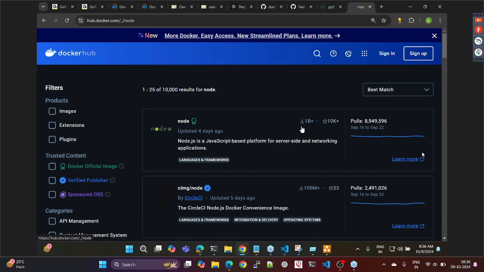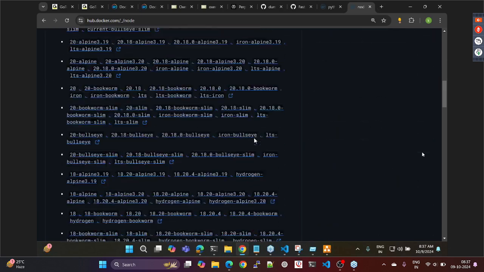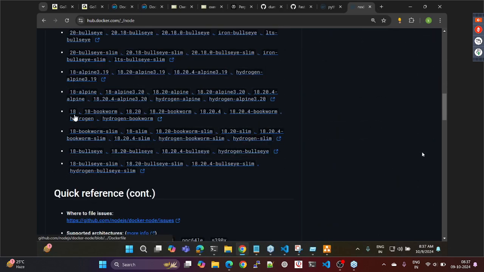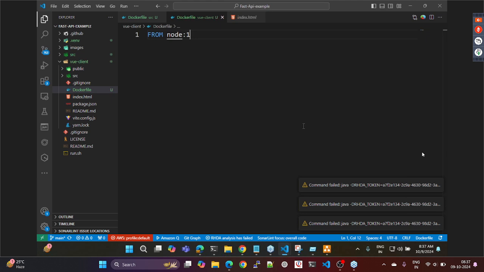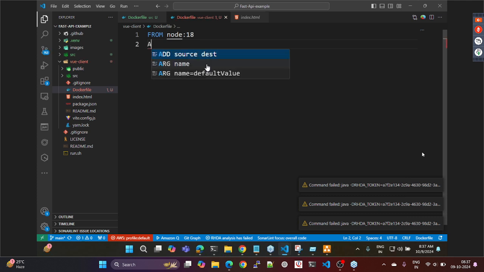Searching Node. In this node, you'll have different versions, but let me try to take 80. So from node:80. I'm already in the view client. So what I'll do is copy